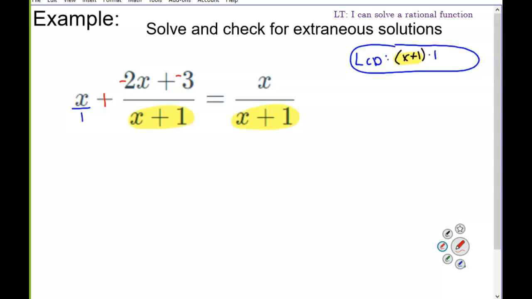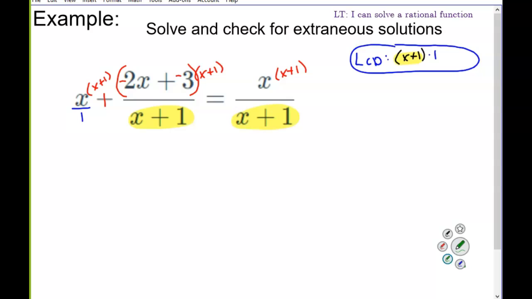So now, instead of doing that first big step, what we're going to do is multiply each top by the LCD. Each numerator is being multiplied by the LCD, and I would throw parentheses around the -2x plus -2. And before you get too crazy,